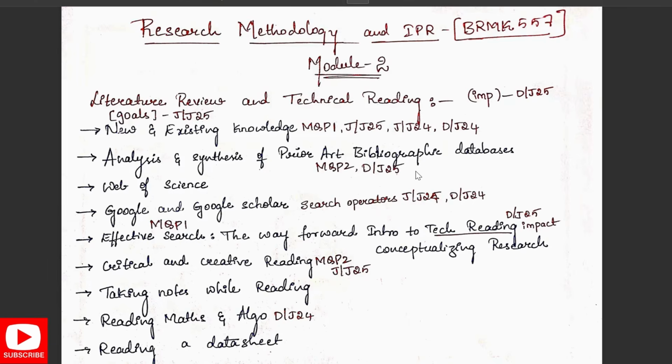If you study this module properly, it is sufficient to answer all the questions and you can score 20 on 20 in this module. So let's get started. In the first part of the video, I'm starting with the literature review and technical reading. Here I'll be giving you the importance of technical reading, then the goals of the literature review, then the main important question, that is new and existing knowledge. This has been asked in 4 papers, and then analysis and synthesis of the prior or bibliographic databases. Then comes Web of Science,